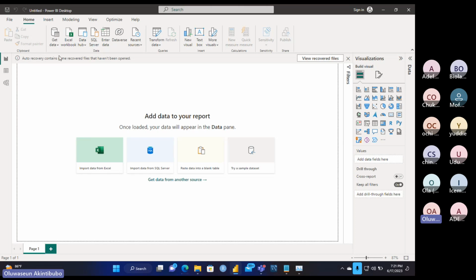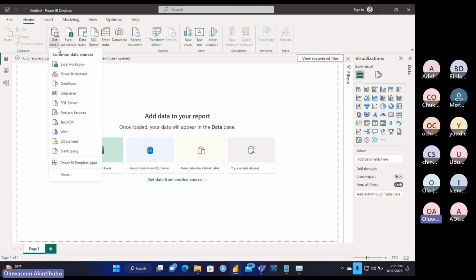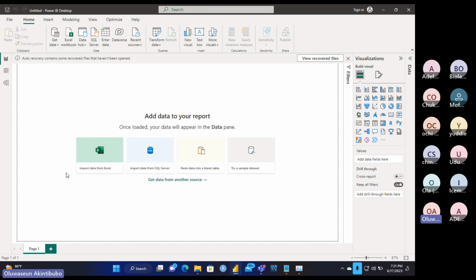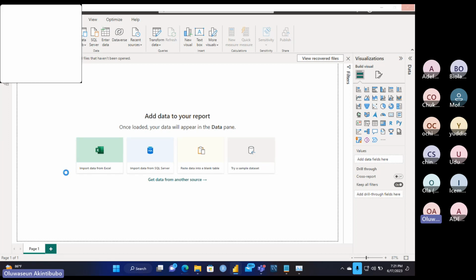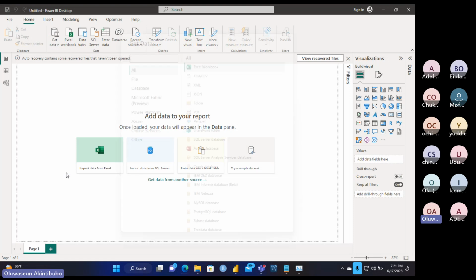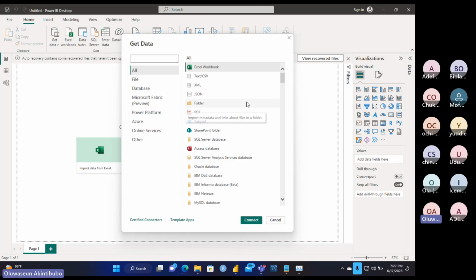Yesterday I showed you that with the get data function, you can get data from multiple platforms. I said that you can get data from every kind of database that we know exists, and I showed you all of that yesterday.